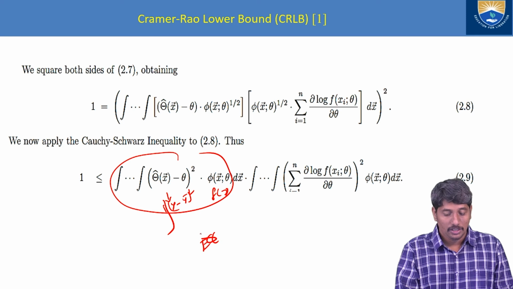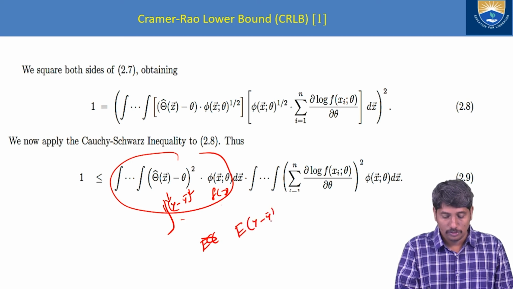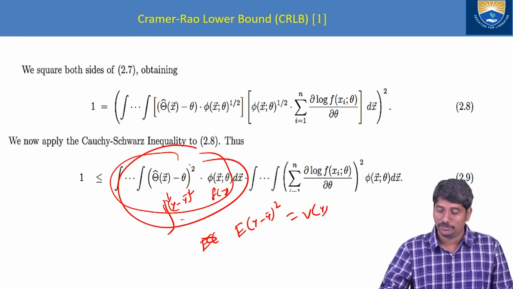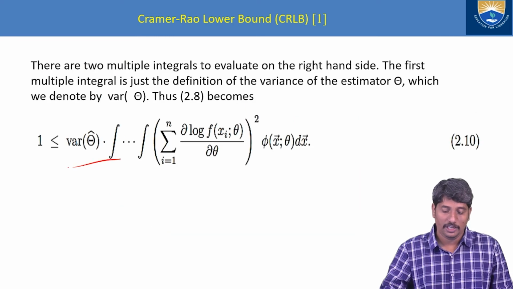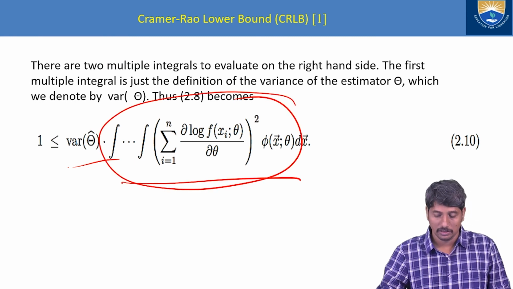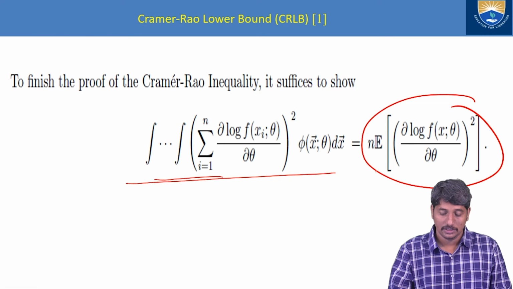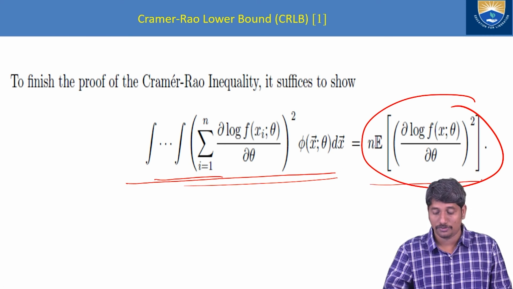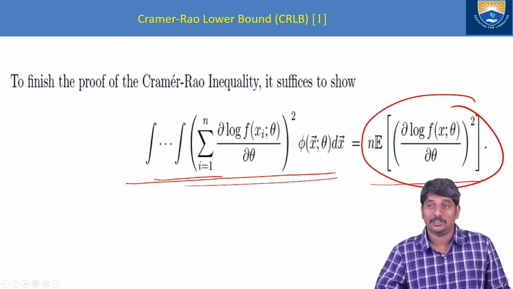That is why this becomes expectation of (y minus y bar) whole square, which is nothing but variance of y. That is why this becomes variance of phi cap, and we are left with this. Now we have to find this. We have taken this, and we are planning to prove that this is nothing but n times of this expectation, which is nothing but